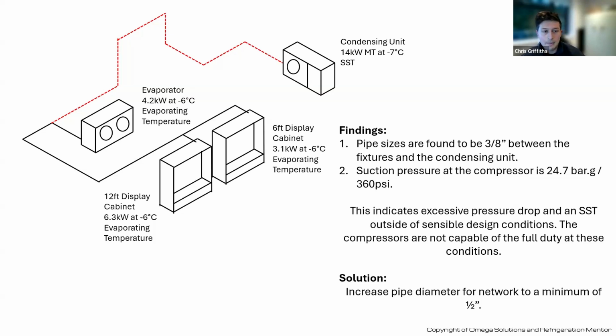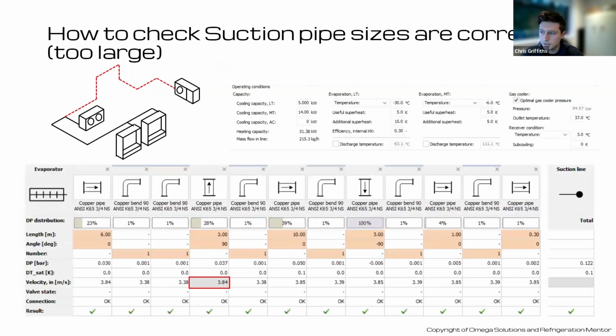And then following on from that, another question: is it good practice for a fast calculation to use the piping module in CoolSelector instead of components in series? Yes, definitely. Based on what we've just said, as long as you allow a little bit extra leeway on your overall pressure drop, we can assume that you don't have to model this 90-degree bend here, here, here. And I'll just slide back to,